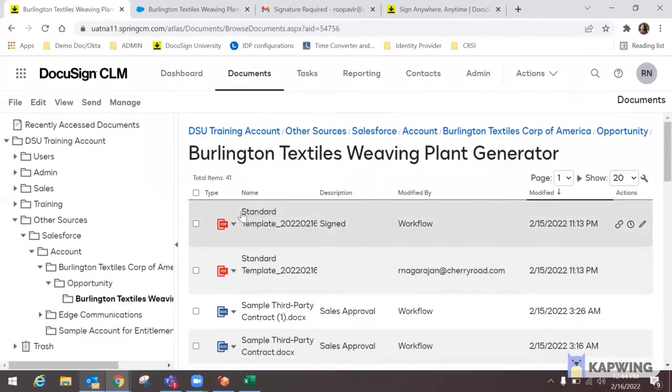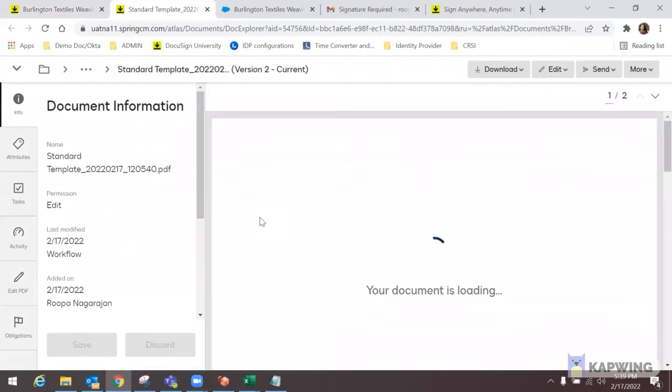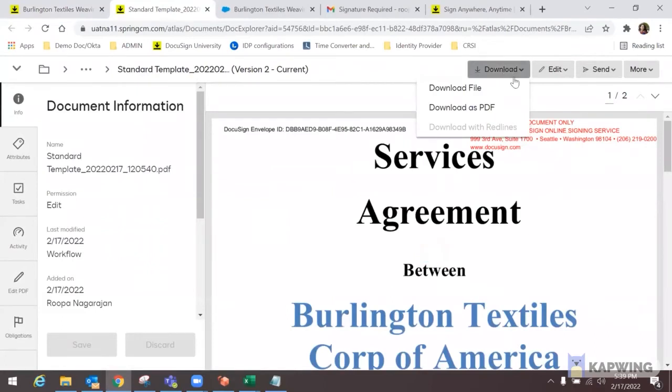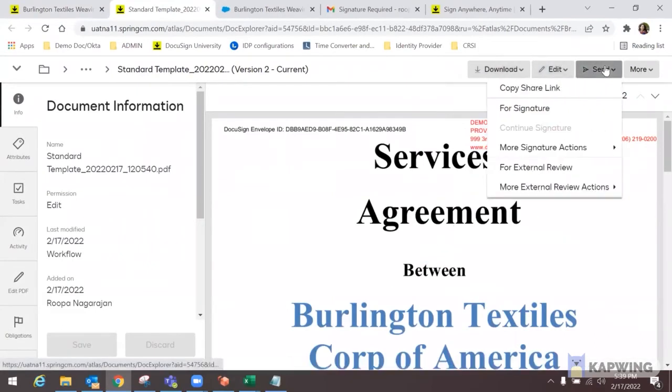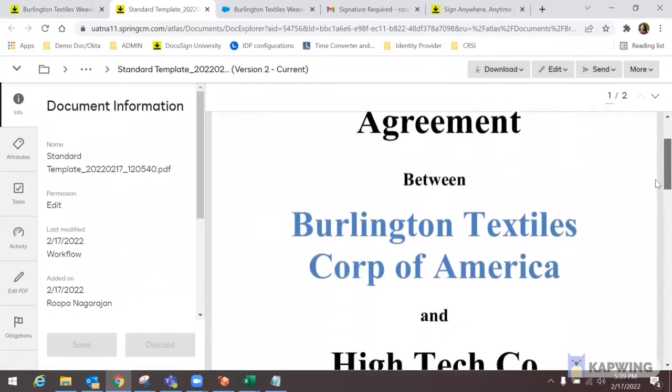So all the signed documents are stored here. So this is the document which has completed the signature and hence it is stored here. So I'm going to show you the signed document. So you again have the option to export this document and send. And when I scroll down,